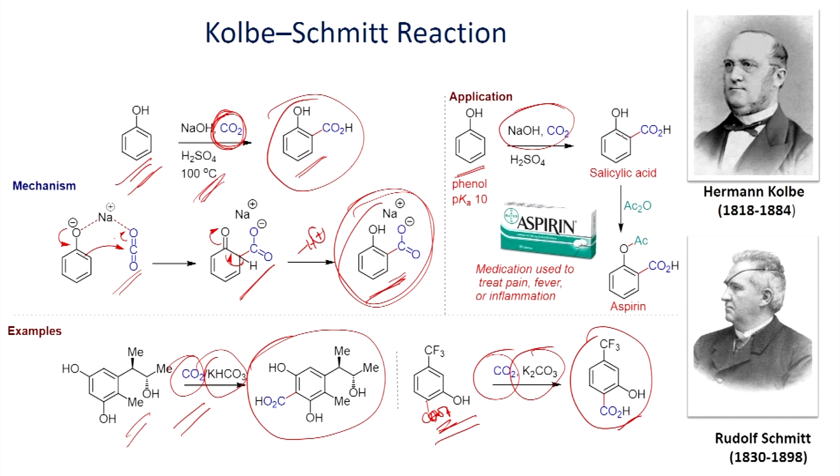In the presence of acid workup, you will be able to get the salicylic acid. Once we have this one, in the presence of a catalytic amount of acid, it can readily undergo reaction with acetic anhydride. You can make aspirin as a product, which we often use to treat pain as well as fever. So, aspirin usually can be made from salicylic acid with acetic anhydride in the presence of a catalytic amount of acid to give good yield.